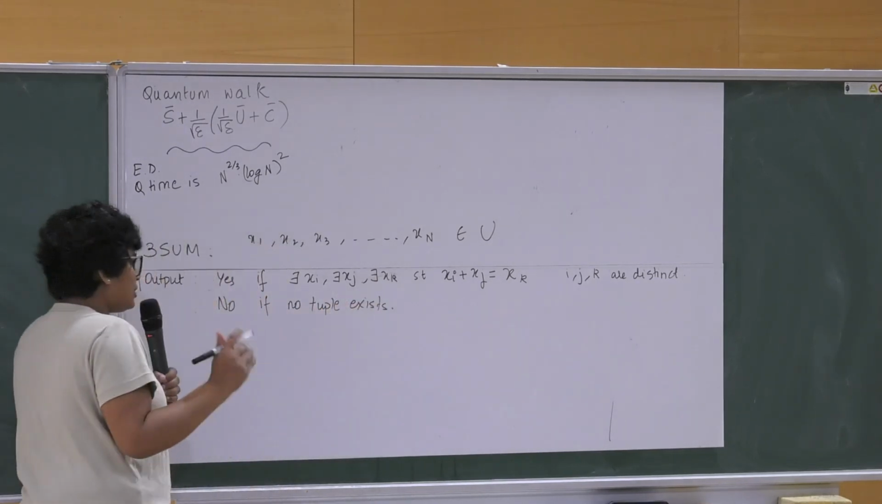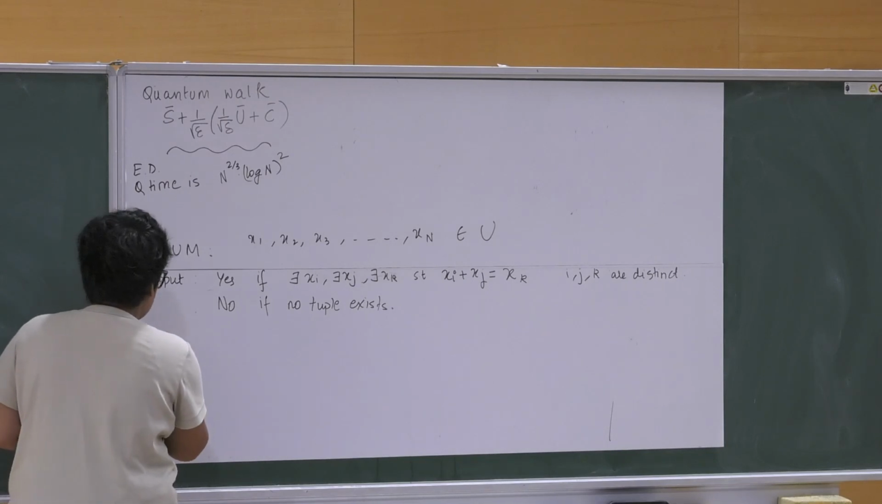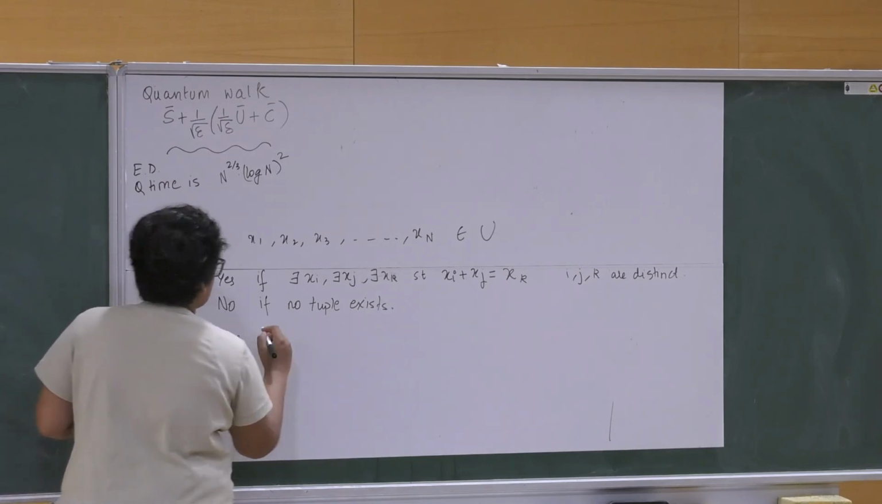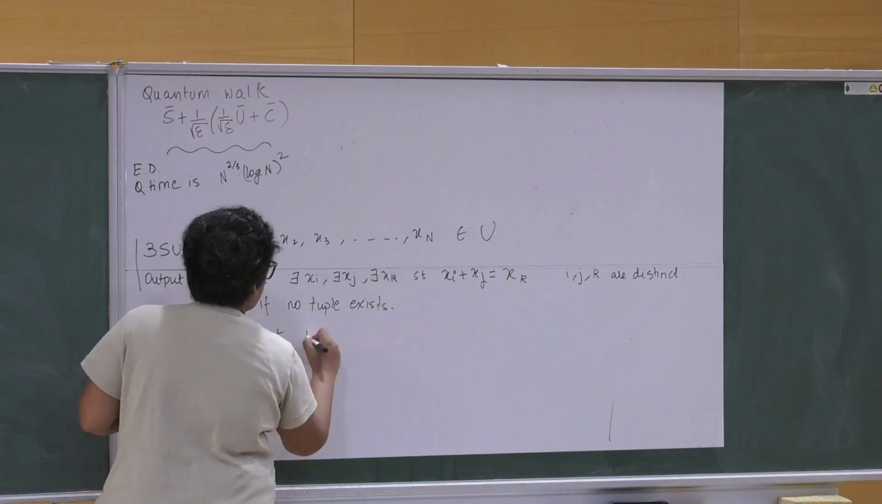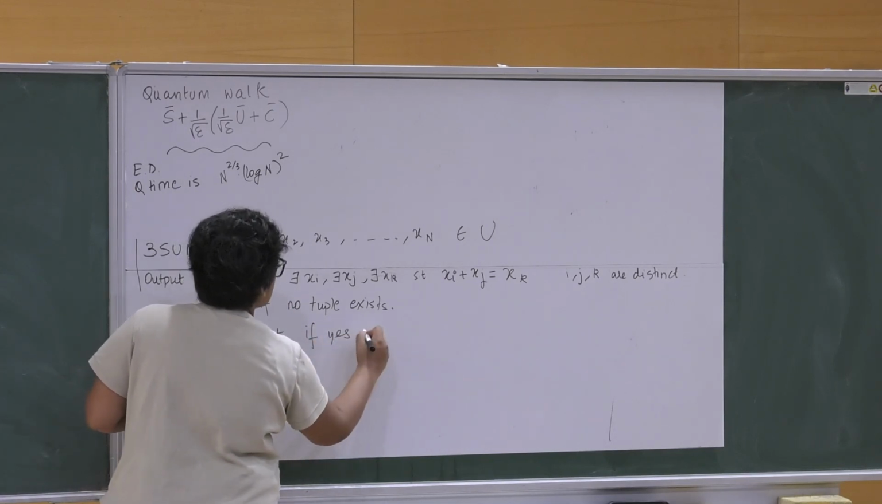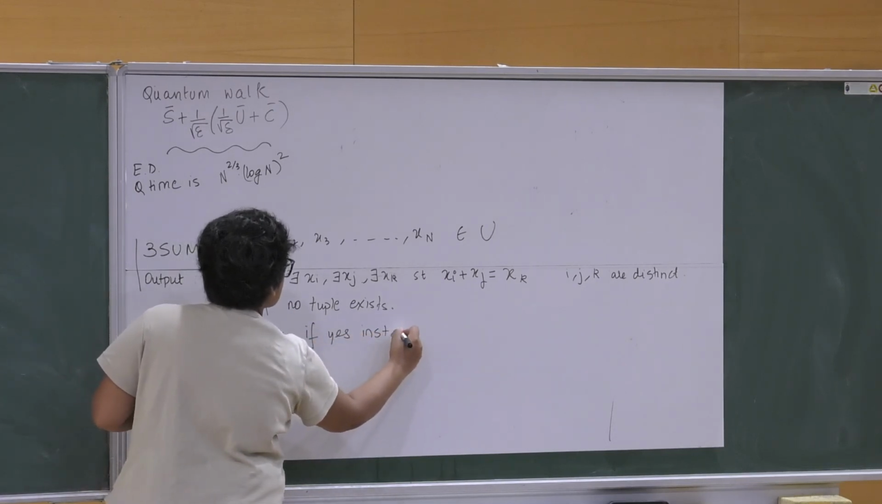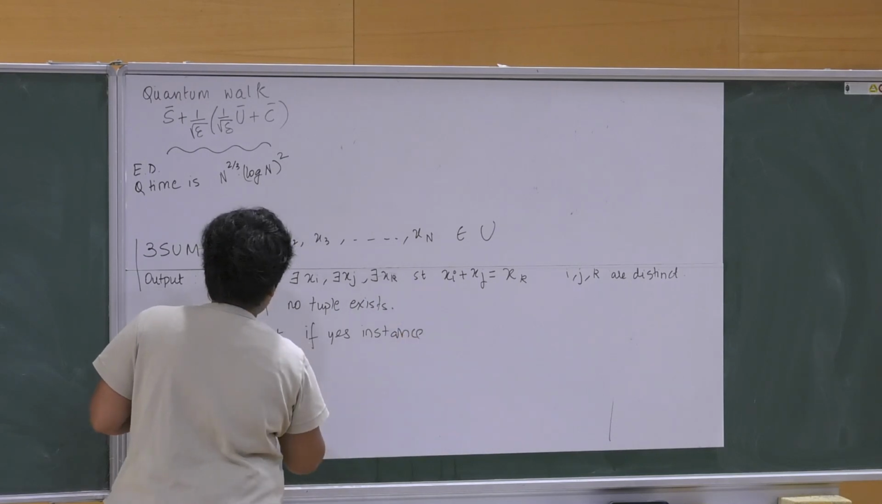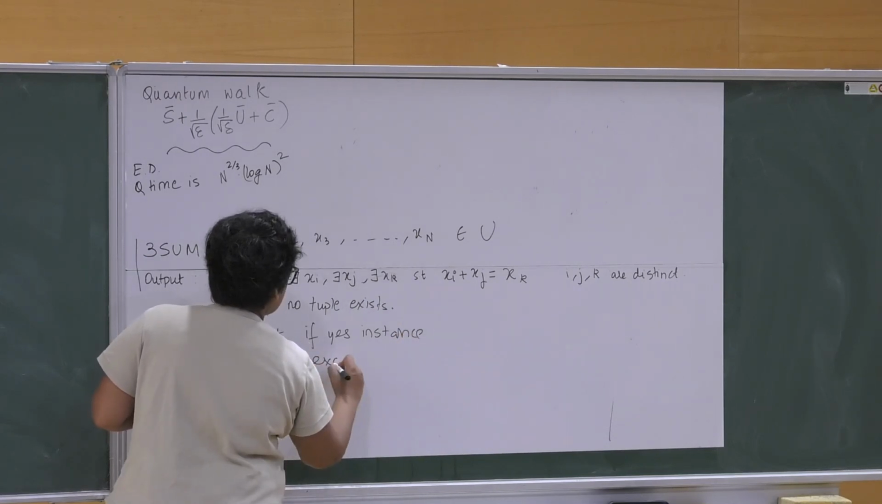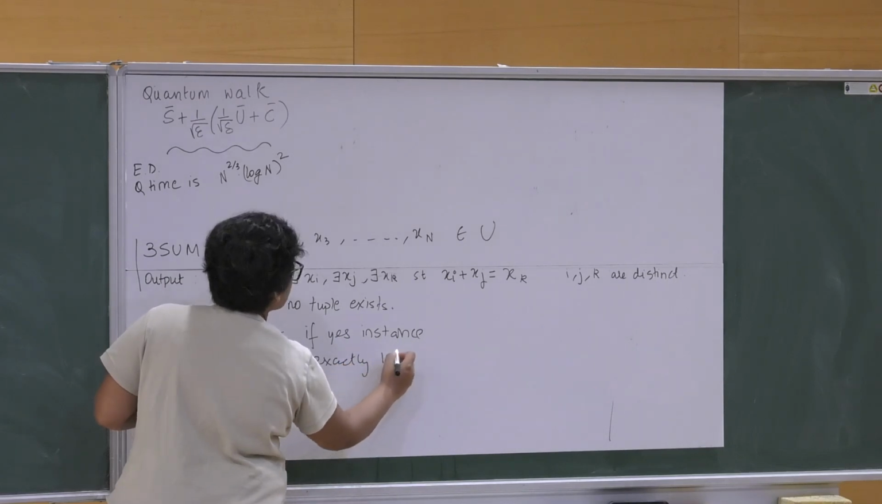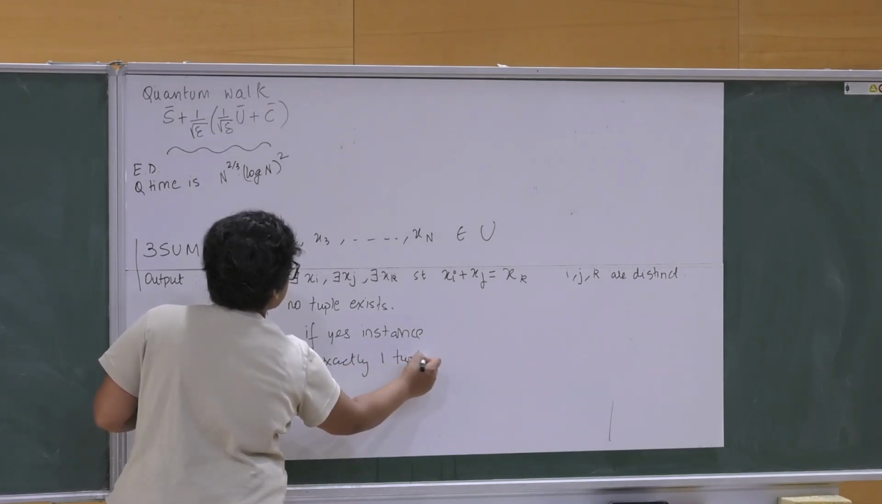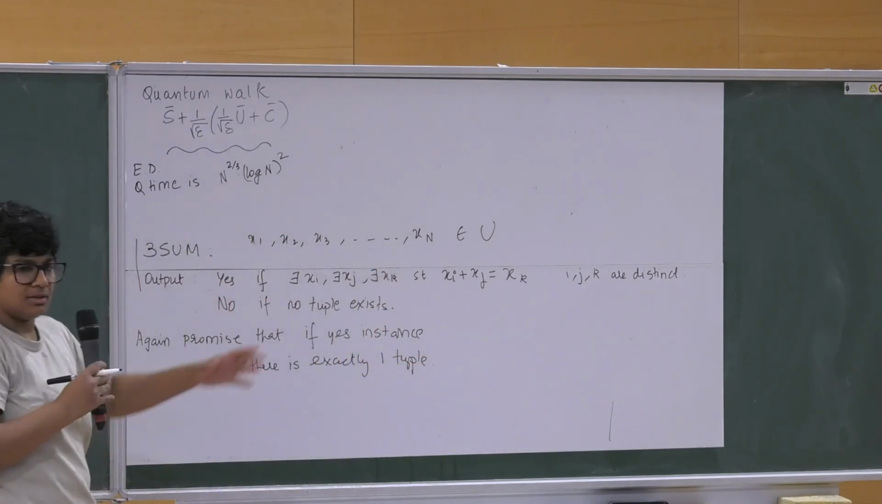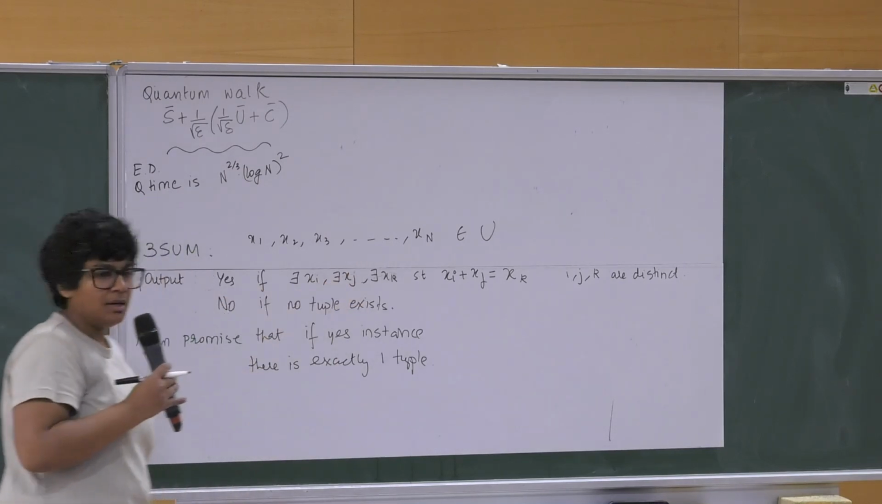And again, you take this promise, that if there is a yes instance, then there is exactly one triple. Exactly one tuple that follows this relation. So now,